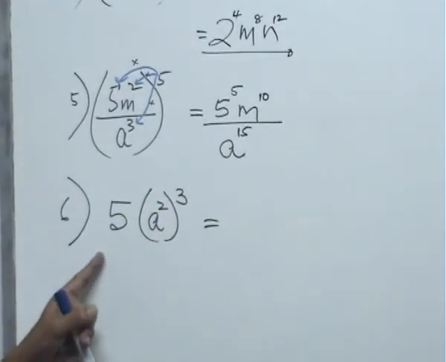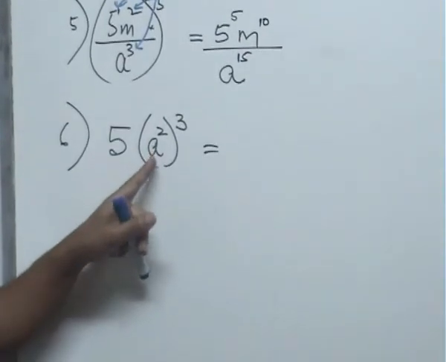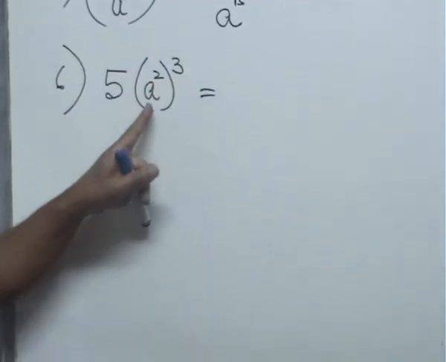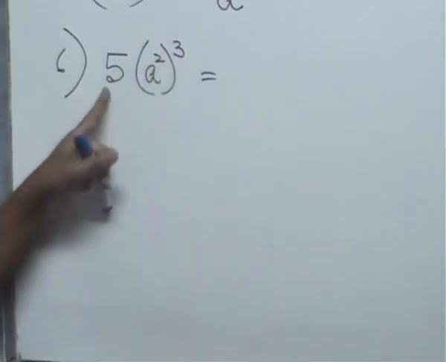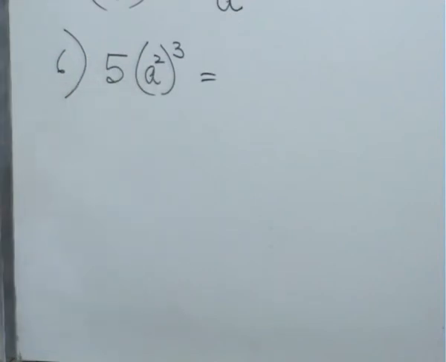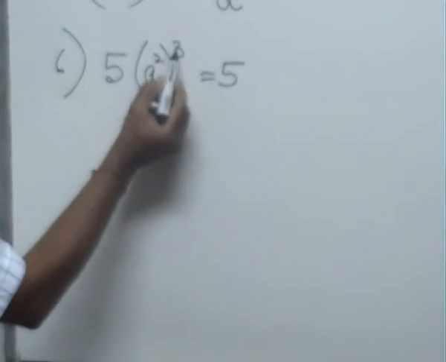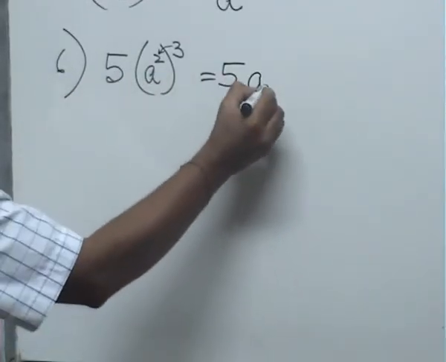Now in this example, the 5 is all alone. Only the a squared is raised to a power. In other words, we only got power to power here. The 3 got nothing to do with the 5 because the 5 is outside the bracket. So the 5 just remains 5 like that. That power only affects this 2 here. So the final answer is a